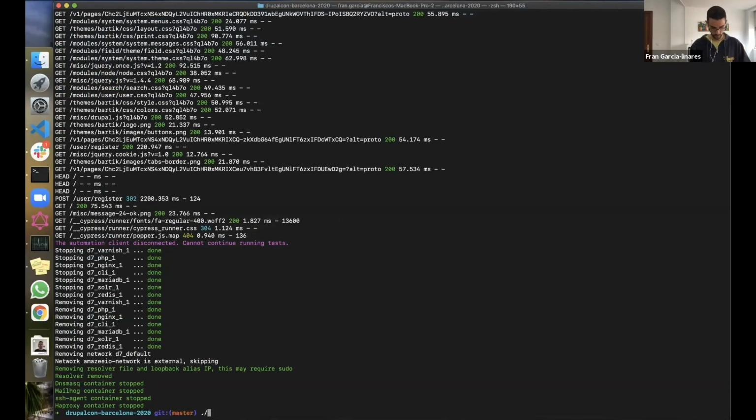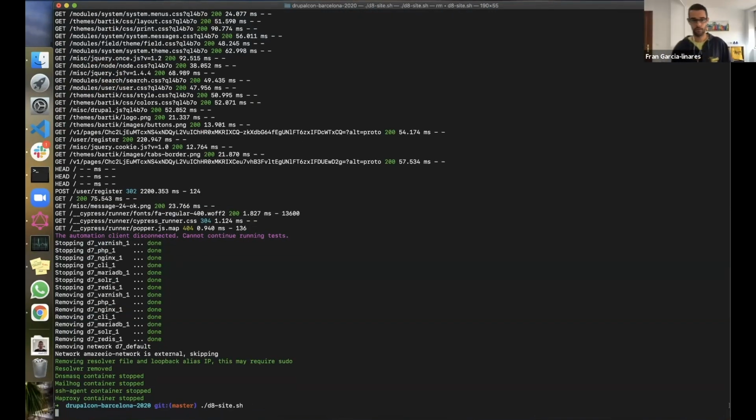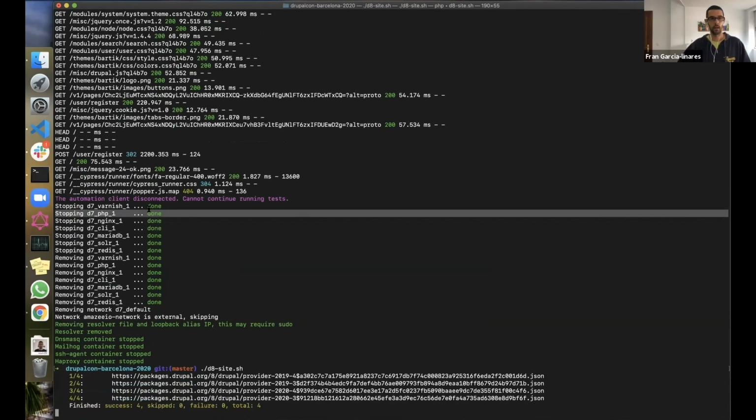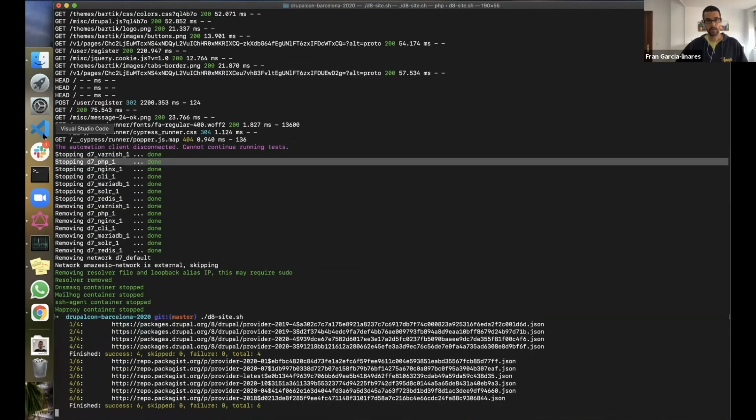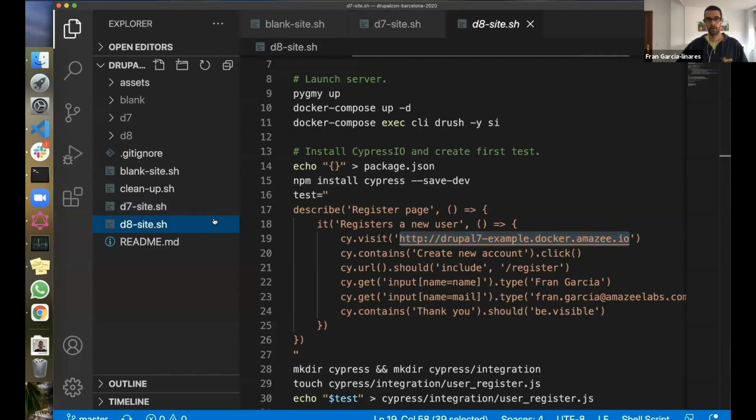Let's just run the Drupal 8 site. And where we have around 3 minutes, that should be enough. Hopefully. Here we go. Okay, I will show you the script while this is running. So the Drupal 8